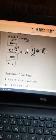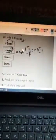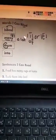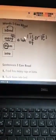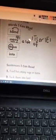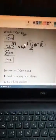So again, what do you mean by many? It means a lot of something. For example, I have many flowers. I have many pencils. Large amount of something. Let's move down. TH, remember the digraph TH? Either th, either the. Remember the song of the TH? Did you ever hear a rude clown say this sound and that sound? Did you ever hear a rude clown say the? Remember? Here it's the,